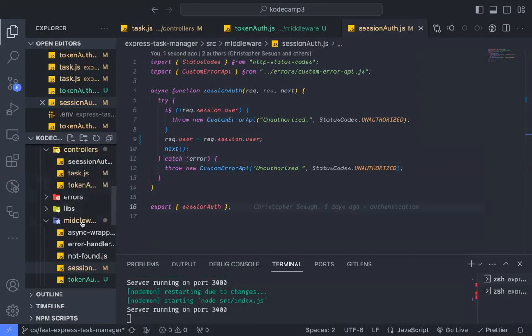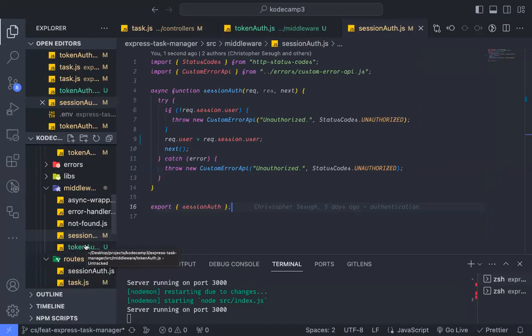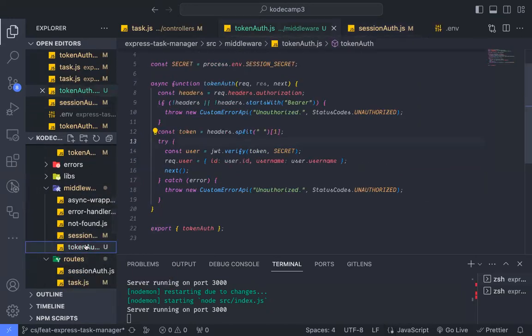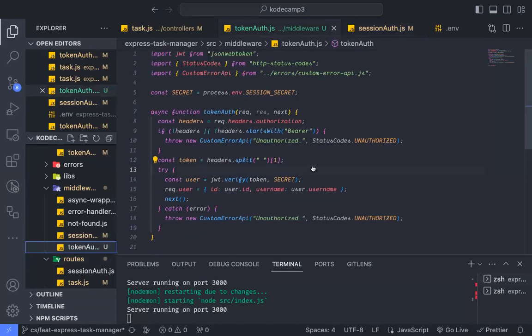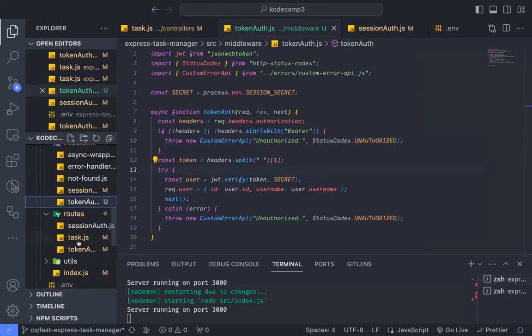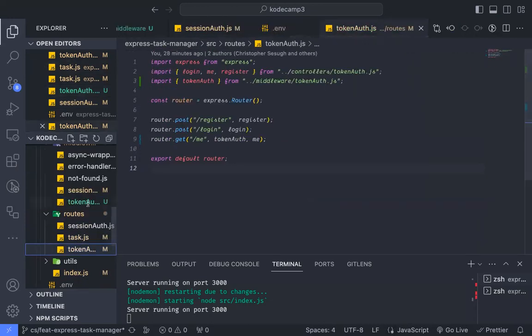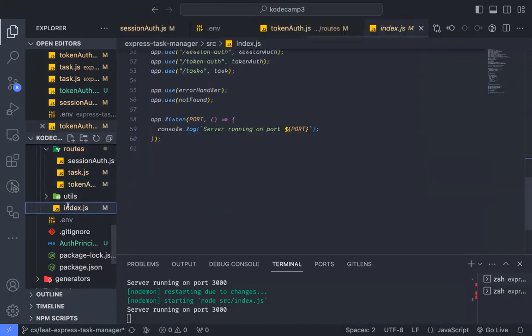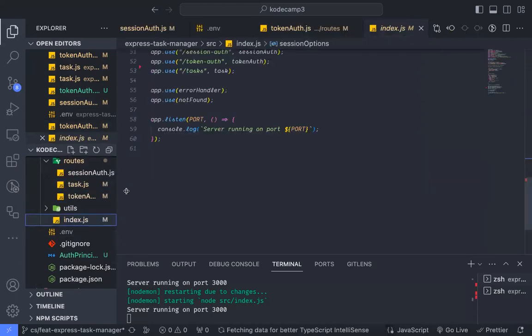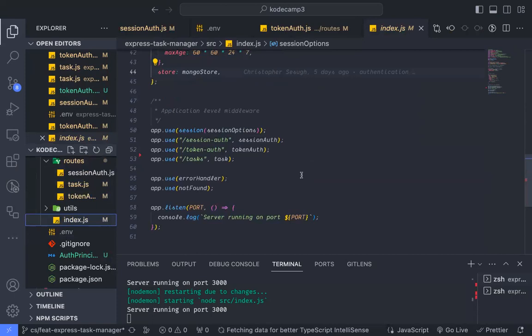And what else do we need to do? In refactoring our code, token out, verify token secrets, and all of that. Tasks, verify tasks, token out. Okay, so now let's check our index. Sorry, yeah, our index JS. We have our tasks, and then we have our token out, our session out. These are